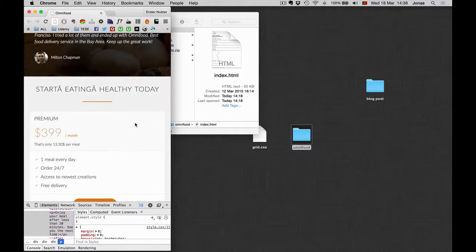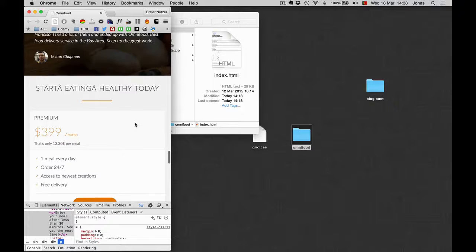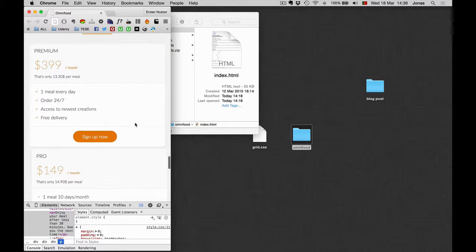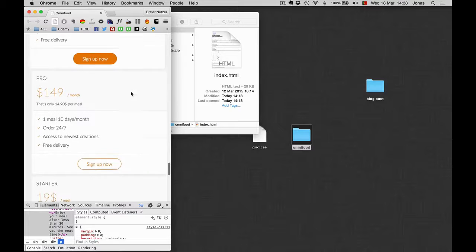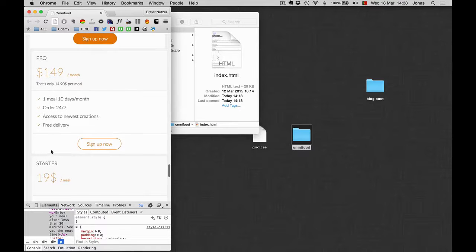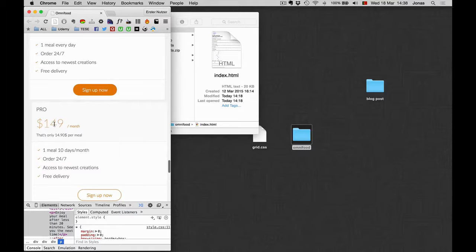Alright, so as I said, I will let you tweak other minor things here on the website on your own with your own CSS. But there's still one thing that I need to fix, and it's this here. You see, these columns don't start at the same point, right? So the first column is different than this one here, and that is actually because I forgot to change one thing,